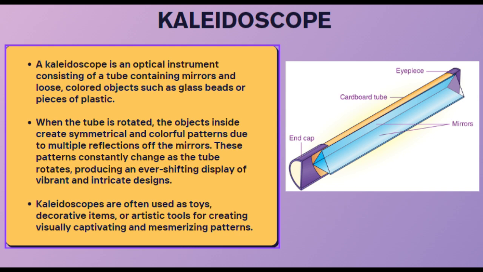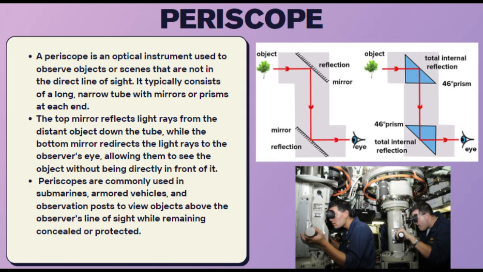When light enters the kaleidoscope, it bounces off the mirrors multiple times, creating a series of reflections. The colored objects inside, such as glass beads or pieces of colored plastic, create different patterns as they move within the tube. These patterns are then reflected and multiplied by the mirrors, resulting in a visually stunning display of colors and shapes. A periscope is an optical instrument used to observe objects or scenes that are not in the direct